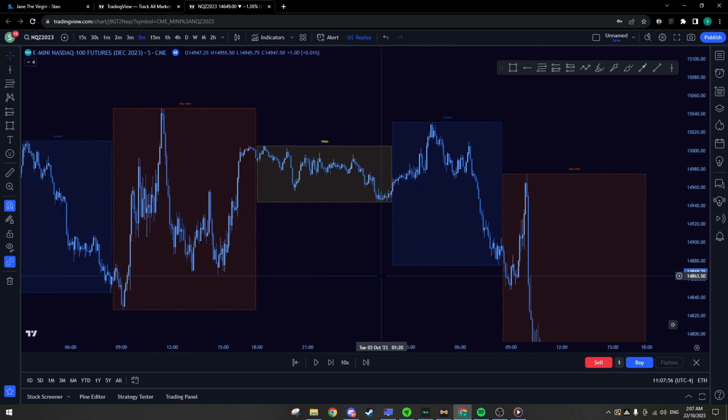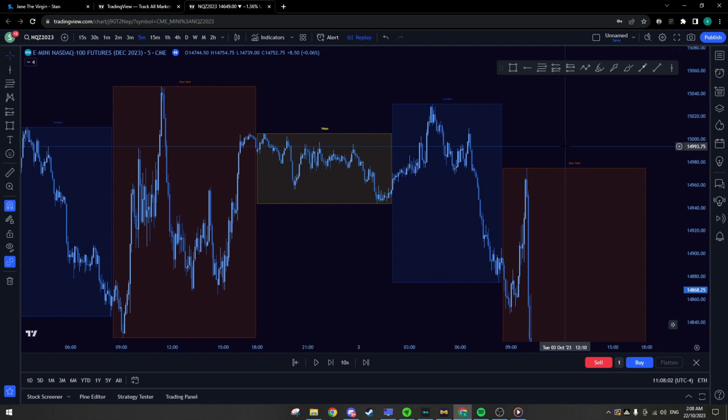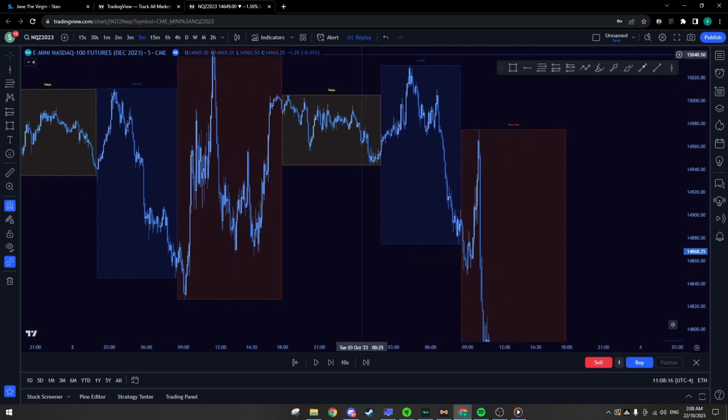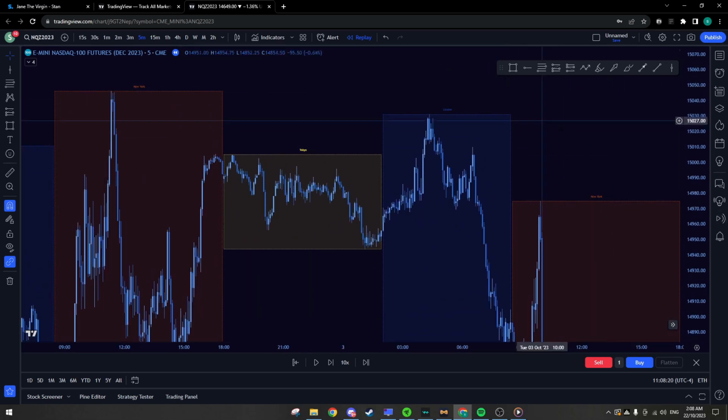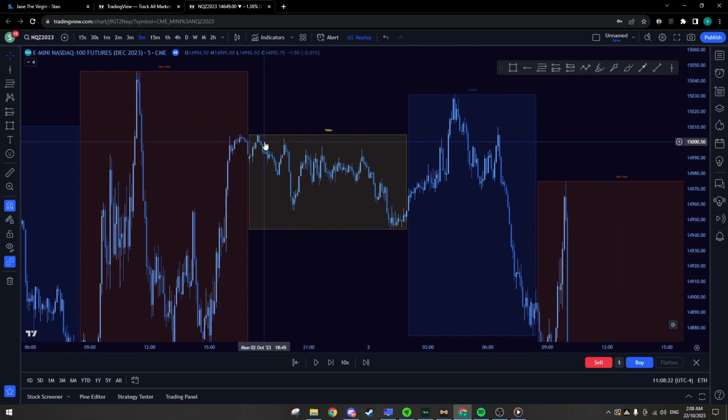All right, guys, this is going to be the first example using sessions. Now sessions and timing is super important with ICT concepts. So typically you'll see the Asian session accumulate. We get that initial manipulation move at London Open, and eventually our distribution move that occurs throughout the rest of the day. All right, so as you can see here, our Asian session is ranging,